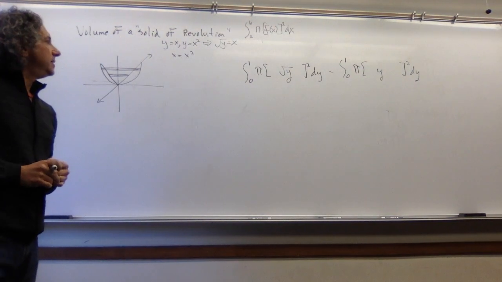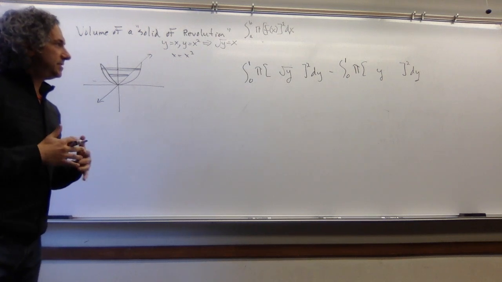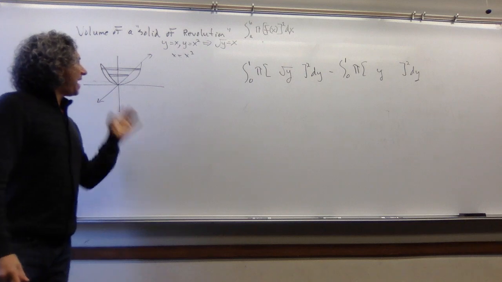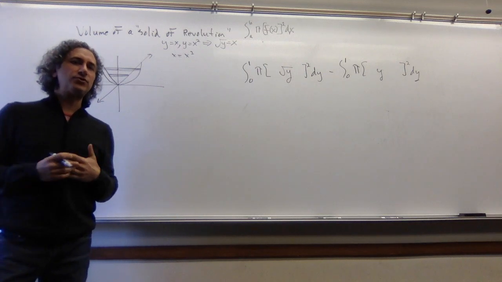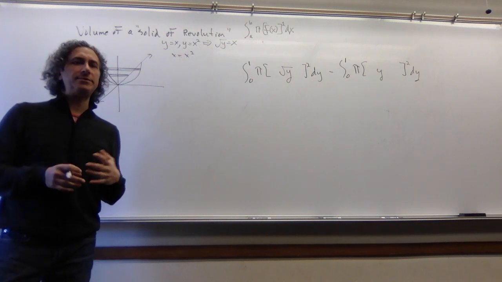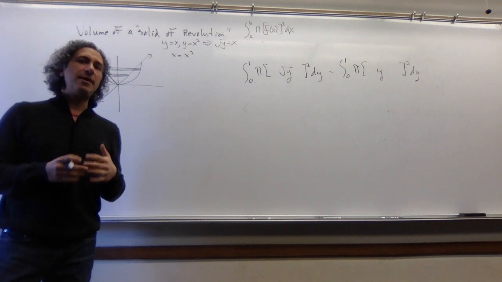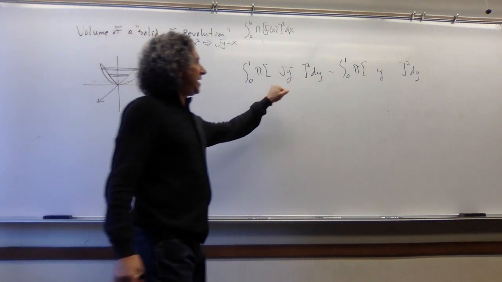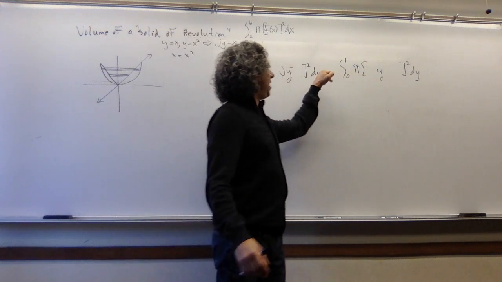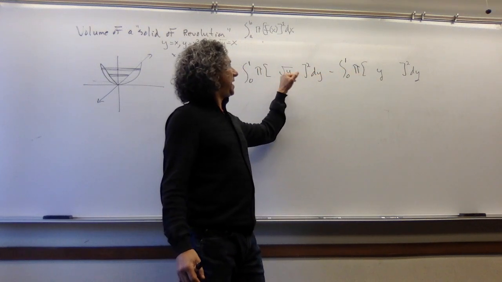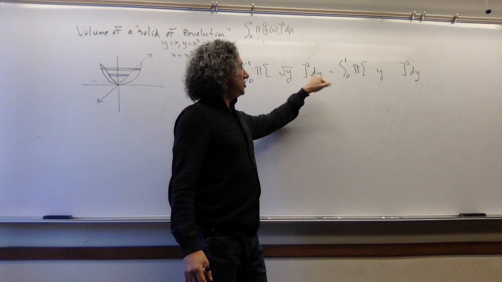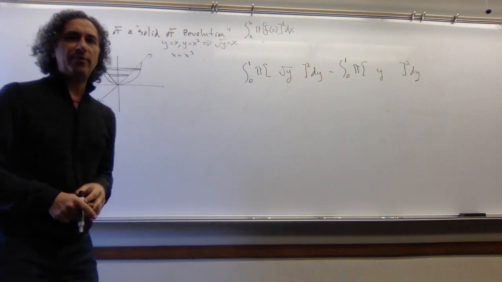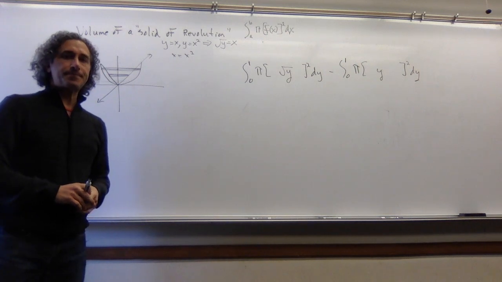So let me mention a couple of things before we do the final example. Every single one of these you have to draw. There's no way that you can solve these without drawing them. None of them are what we would call cookie cutter problems. Second, a tip: make sure that if you have a dy here, this guy is y stuff. So you should never have dy and x, or dx and y. That's a big typo that I see time and time again.